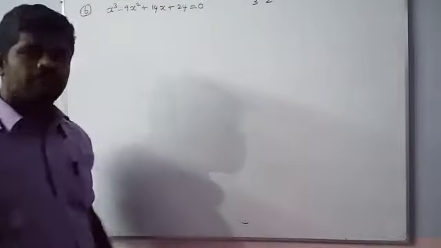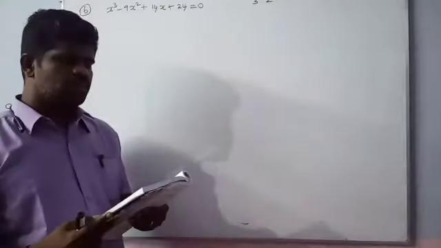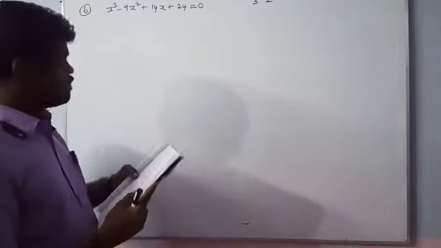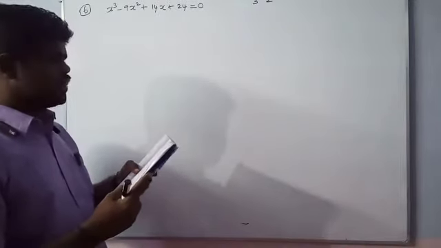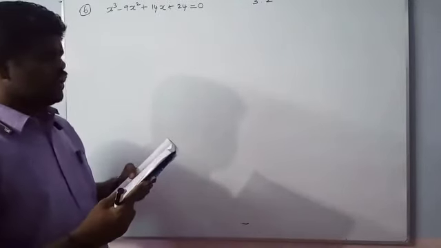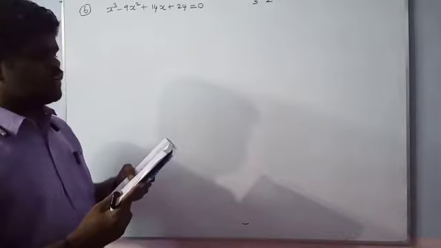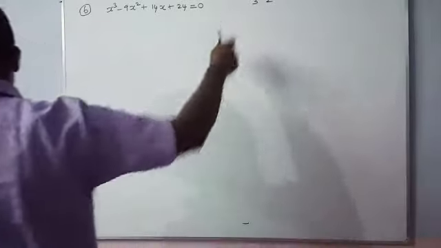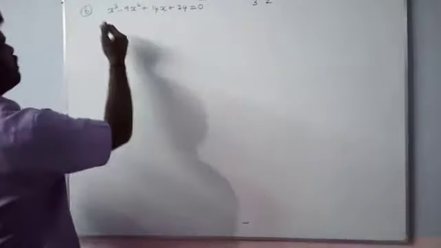Sixth question. What is the sixth question? Solve the equation x cube minus 9x squared plus 14x plus 24 equal to 0, if it is given that two of its roots are in the ratio 3:2. This is the given information. Therefore, the roots are